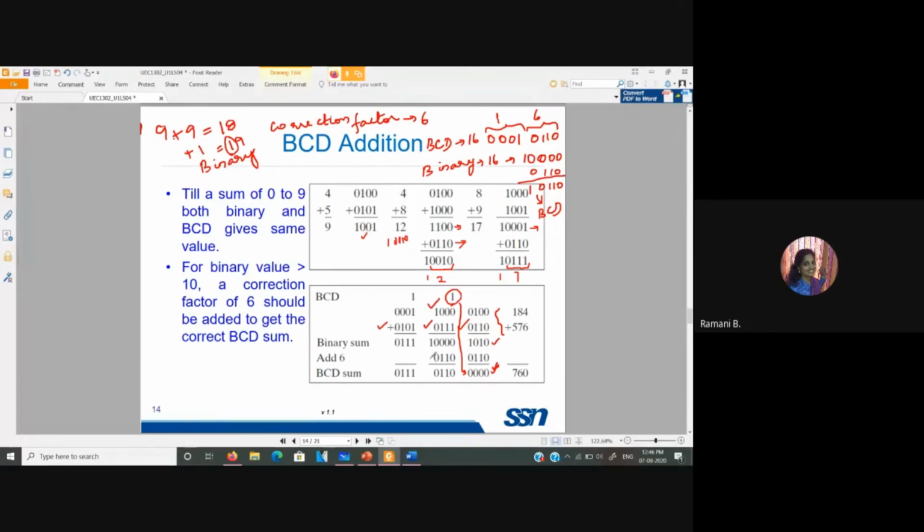And the resultant of this carry is taken over in this and successive ways. It is normal addition, but you need to add a 6 to it if you have a binary value greater than 9. So this is BCD addition.